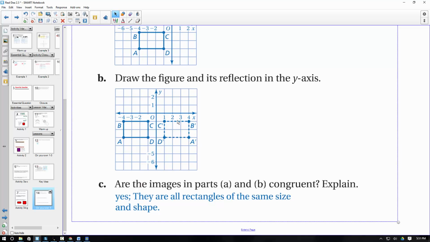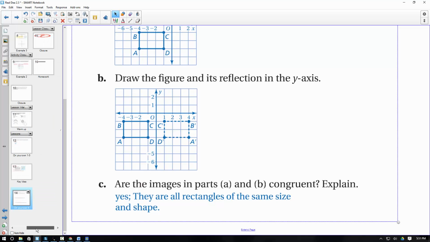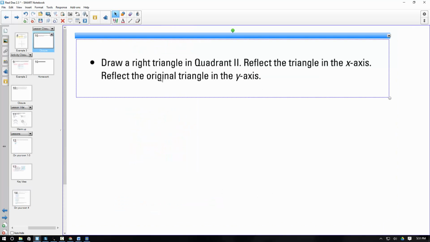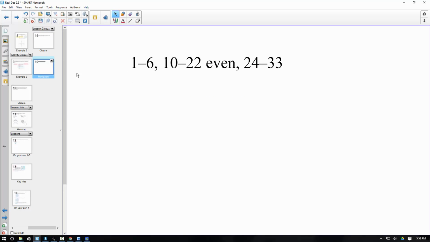And they will be congruent, because all we're doing is shifting them over. If it's a complete reflection, it's got to be exactly the same. All right, and that